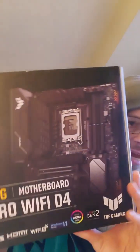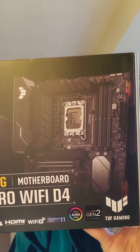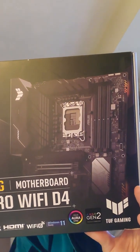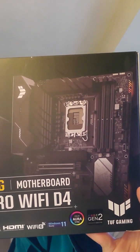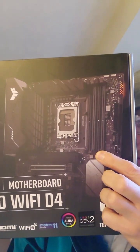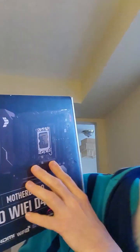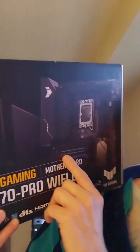Let's see what else. Well, I can't show you the full motherboard because it's already installed in my case. I've been using it for about 2 months now. But here it is. As you can see, there are 4 slots for RAM. There's the LGA 1700 socket. In addition, we've got M.2